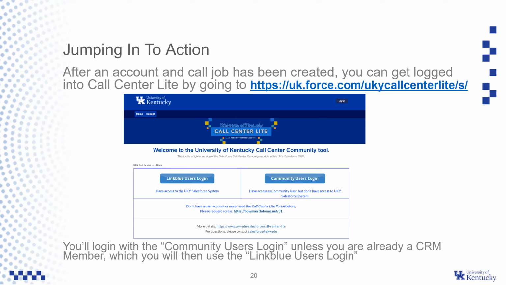There are two different logins to the system. It's a little bit tricky, but nothing too complicated to understand. If you already have CRM access, meaning you've been in Salesforce and have been able to work around, you can log in directly with your link blue. No hassle there. If not, if you've never had a reason to be in the CRM, or if you have student workers who are just temporarily joining to call on your behalf but don't actually need system access, we're able to utilize what we call community user portal licenses. You can request that in that original form, and if you have a community user license, then you can log in there.